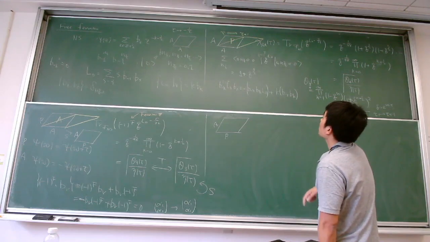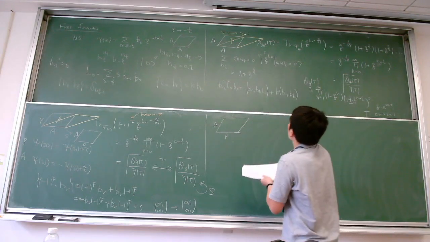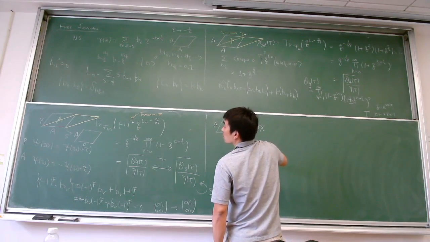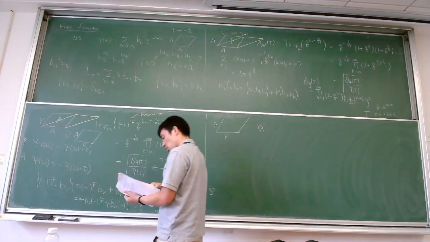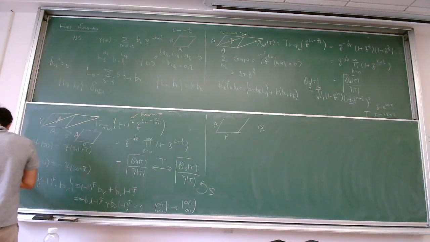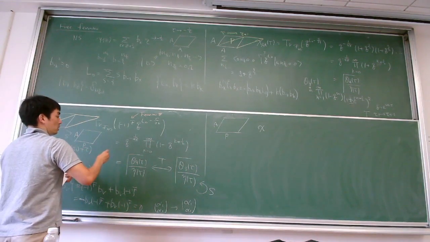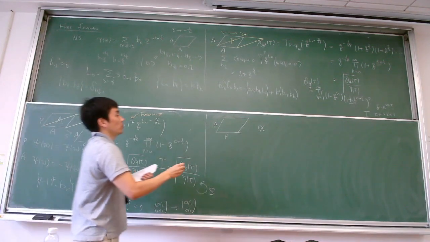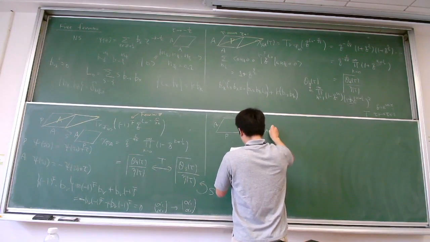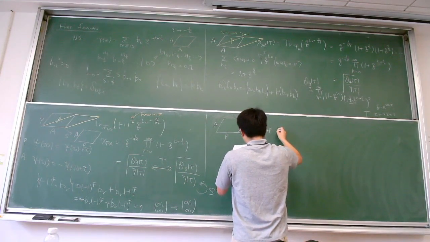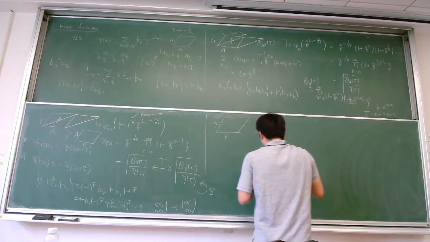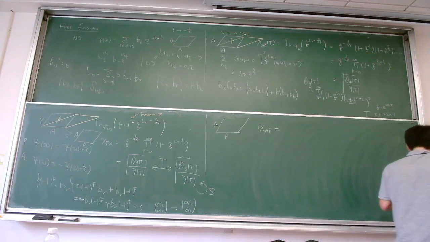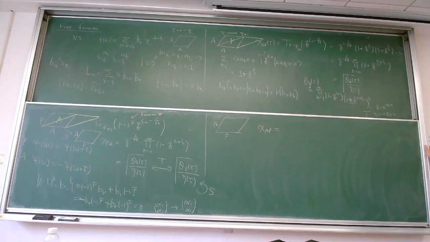What should I do? The computation is almost parallel. So this character, I call it chi PA. So now we need to consider chi AP. So that will give you almost the same transformation, but